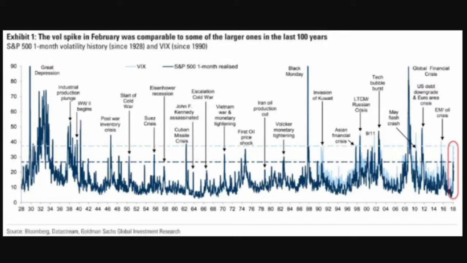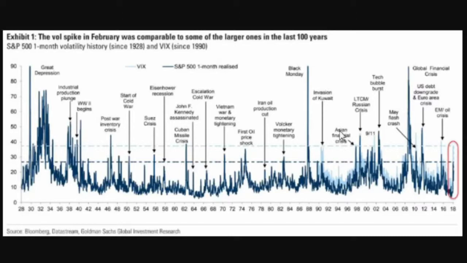Going all the way back to 1928, 29, you can see this spike here in the VIX, which coincided with the Great Depression. Moving forward, we here find World War II begins, post-war inventory crisis, the start of the Cold War, Eisenhower recession, John F. Kennedy assassination, Vietnam War. Moving here to the Iran oil cut, the Volcker monetary tightening, Black Monday 1987, invasion of